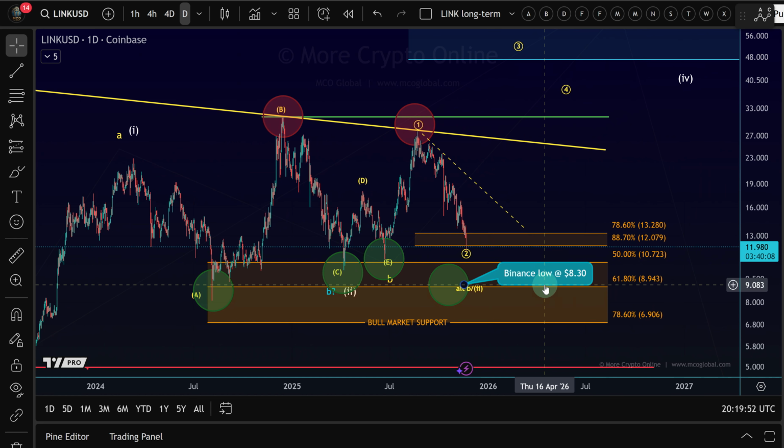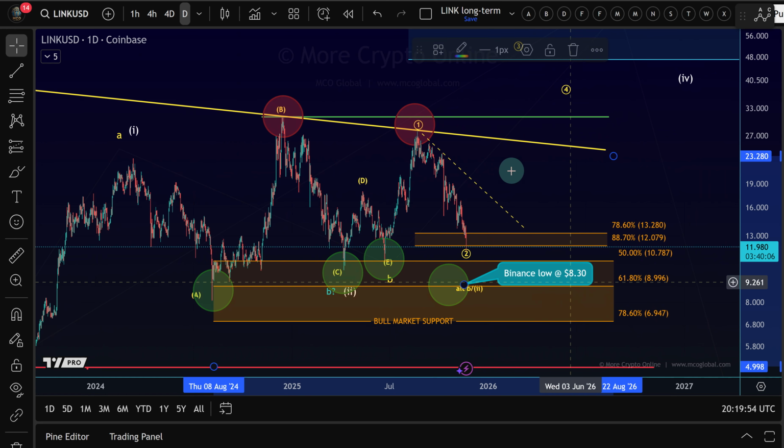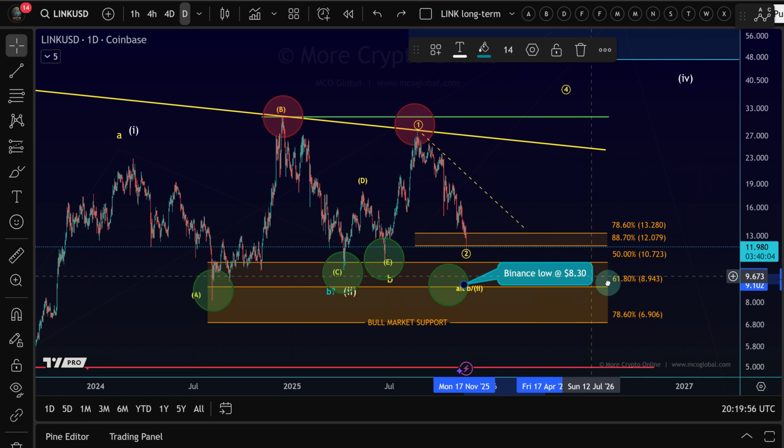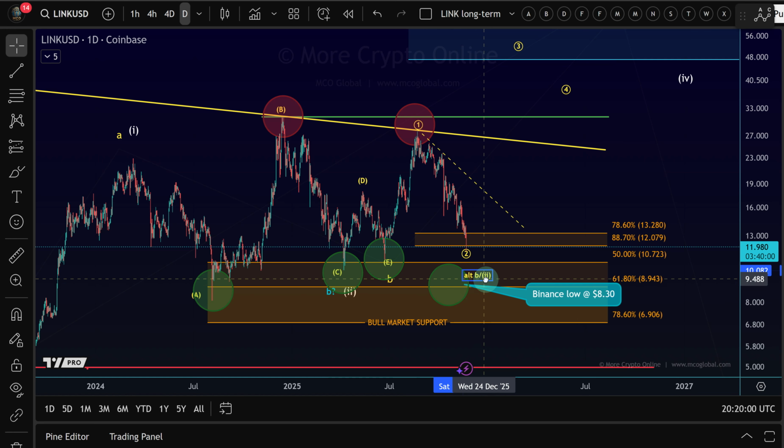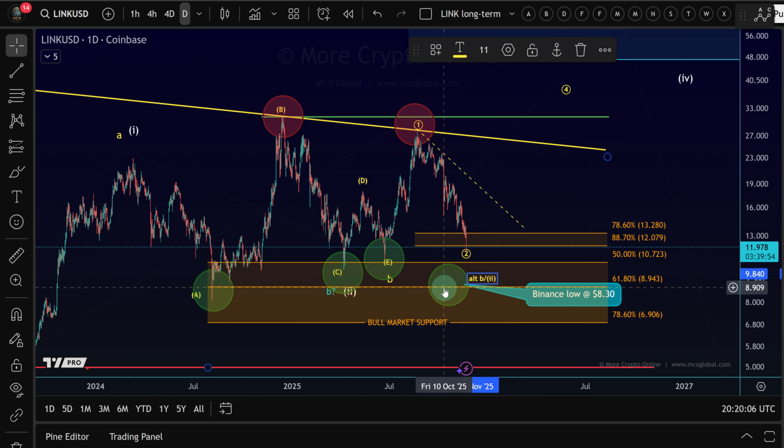So with the Link chart, we have a problem because we have basically two charts to look at, or two different scenarios. You remember that we identified on the 10th of October on the Binance chart a low here at around $8.30. On the Coinbase chart, the price never formed that lower low, and the price actually held nicely up here. Since then, the price has, however, come down a lot,